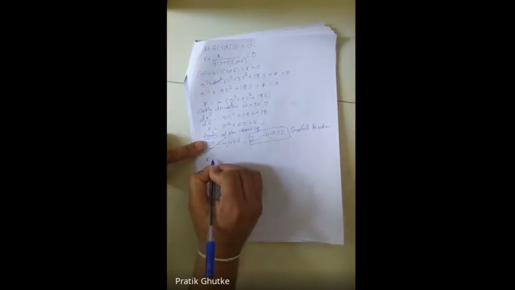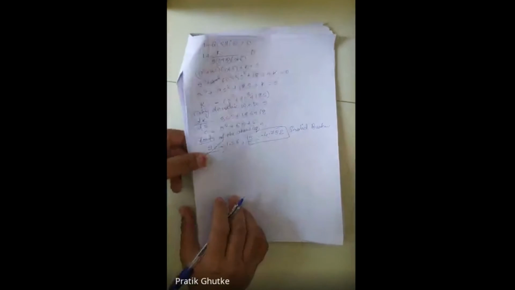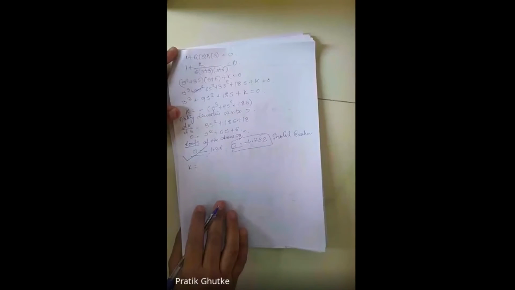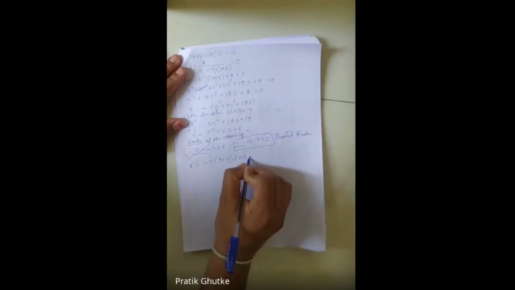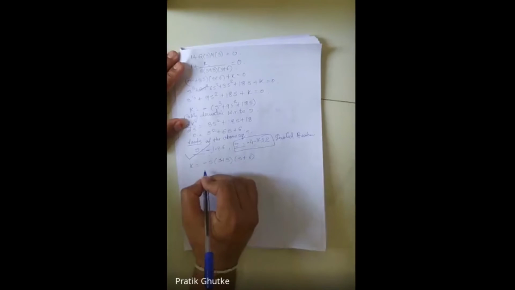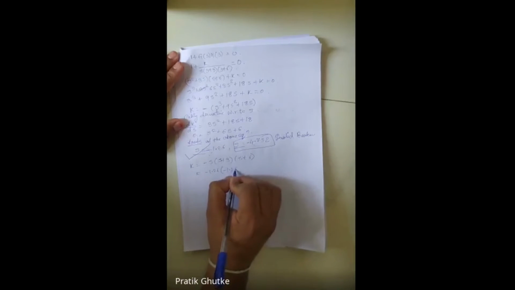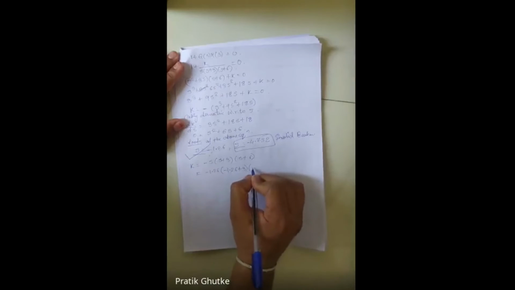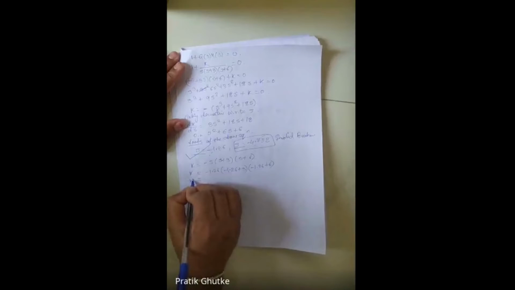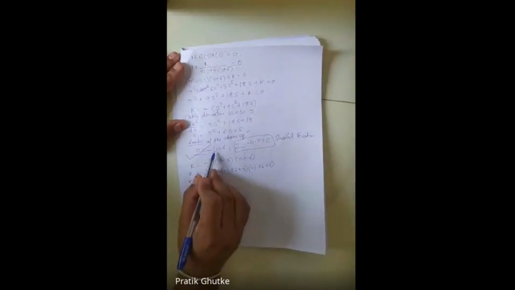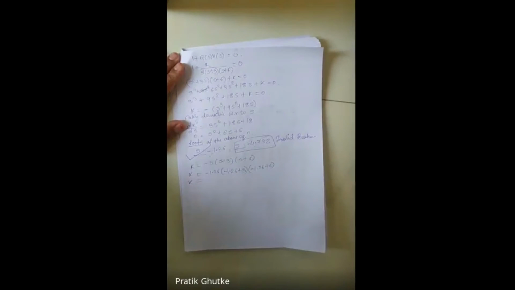So k equals, what was my k? k equals minus s into s plus 3 into s plus 6. Put the value of s: minus 1.26, into minus 1.26 plus 3, multiplied by minus 1.26 plus 6. You will get the value of k. You will put the valid breakaway point for solving the value of k. So tell me the value of k.